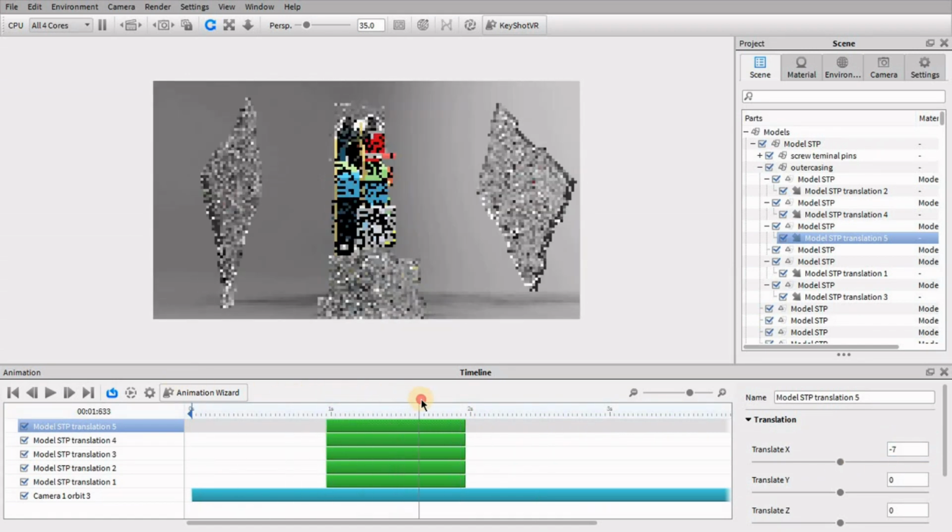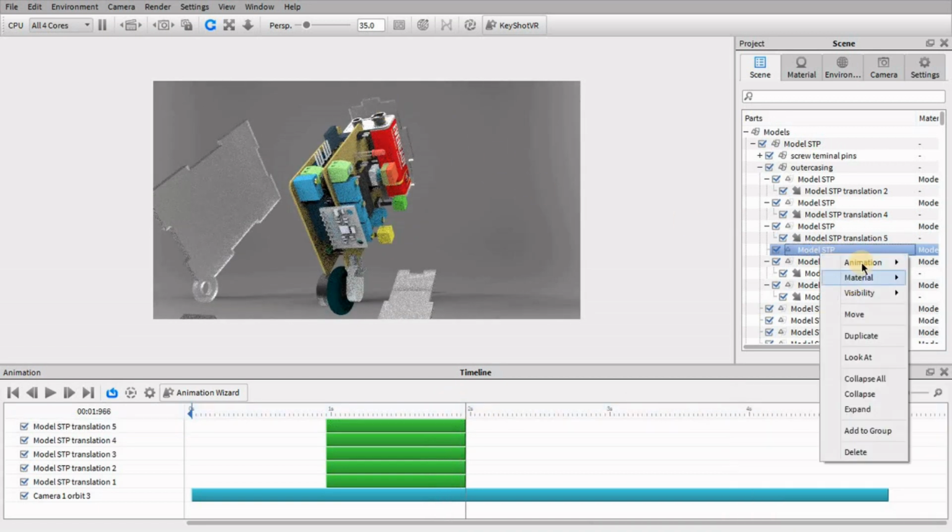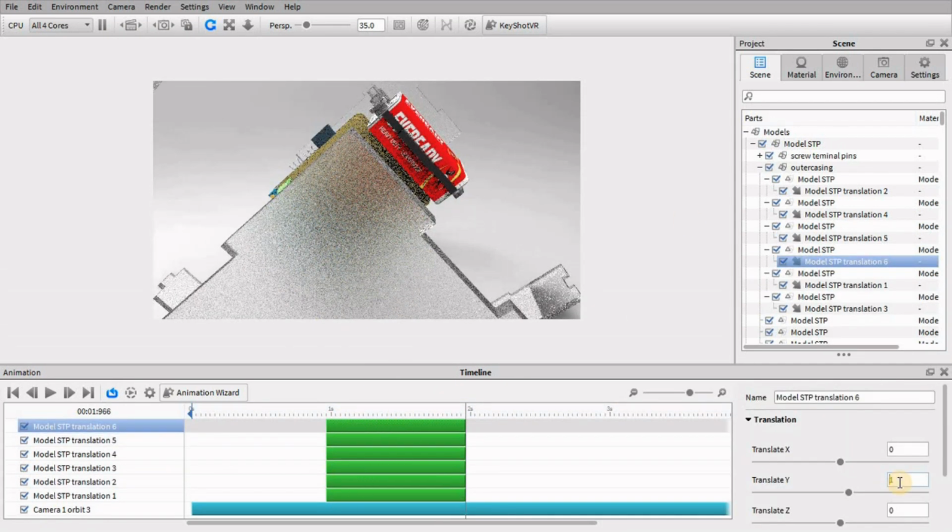Now translation motion to outer casing is given. Our video will look like this.